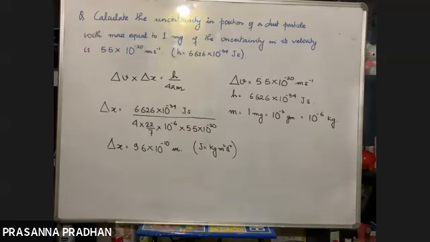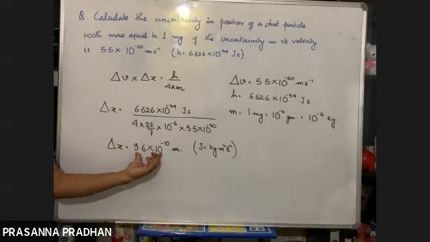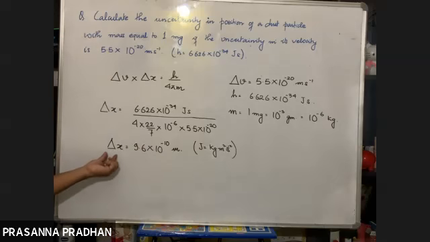You will study this in physics. That means, look, the uncertainty in the position of a dust particle is quite low. Okay, that means dust as compared to an electron, it's million times bigger than an electron. So the uncertainty in the position of dust particle is very less. That means we can accurately determine the position of a dust particle. The uncertainty is extremely low.